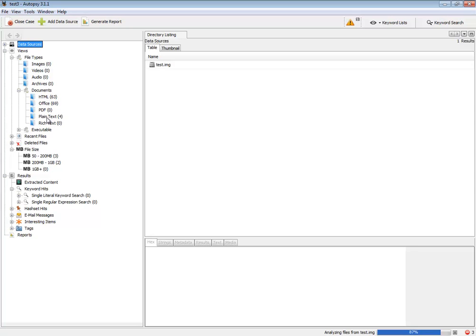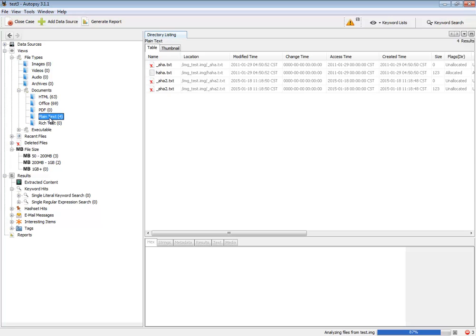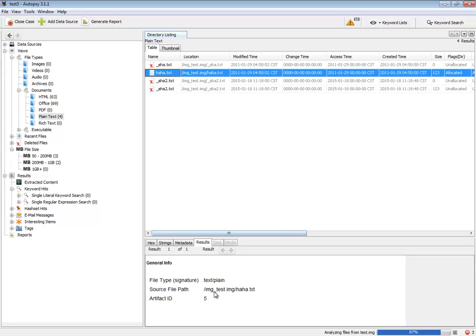Now I showed you that there's just one file on that, but realize that the idea behind this is that it accesses deleted files too, and even partial files. As you delete a file and it starts getting overwritten, little fragments of that file still are out there. Well, if I click on plain text, here's the one file, and you see it doesn't have an X next to it. This is the one file that was on there, and if I click that, it comes up here, it tells you the type and so forth,